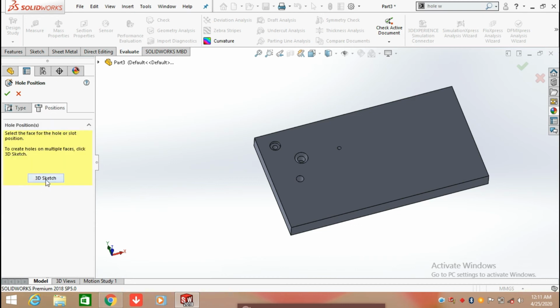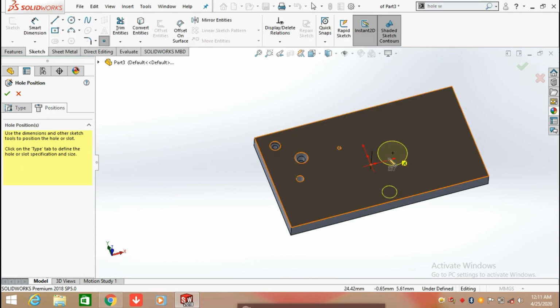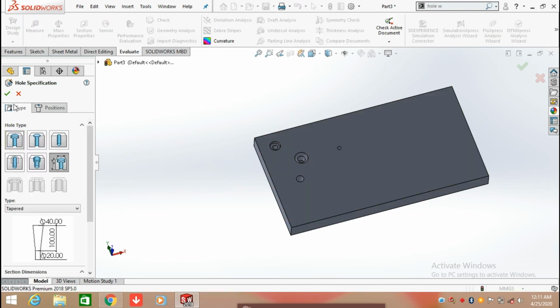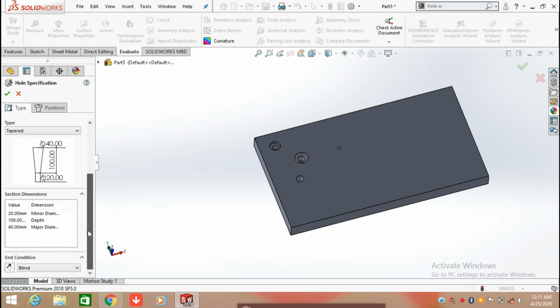Define the position of this hole. So here we click on the center of the origin, and in the type we are going to make changes in the major and the minor diameter.